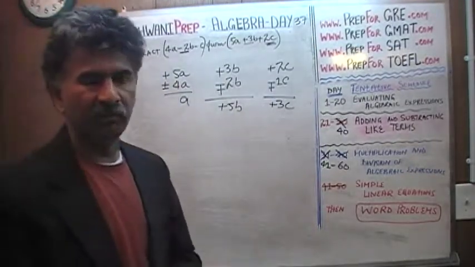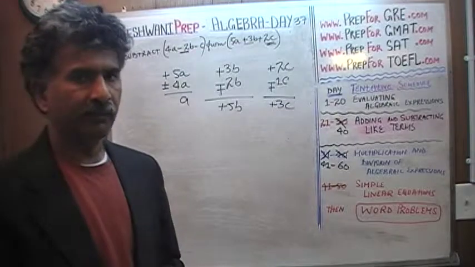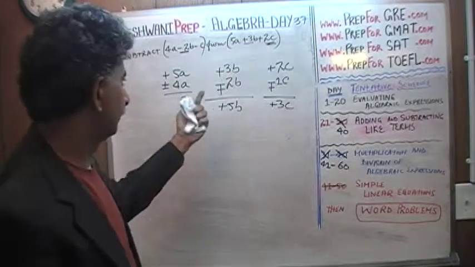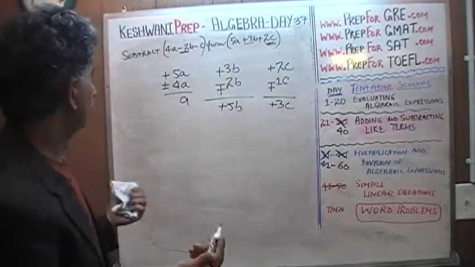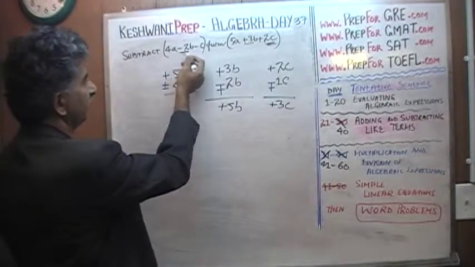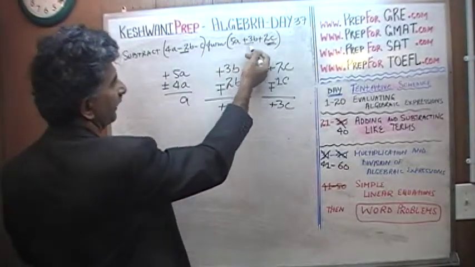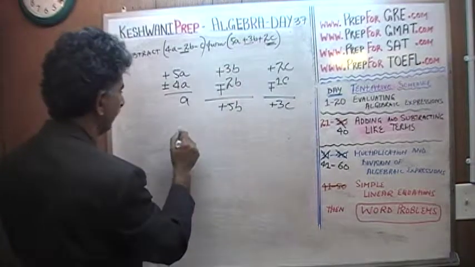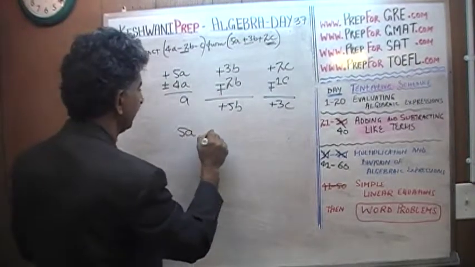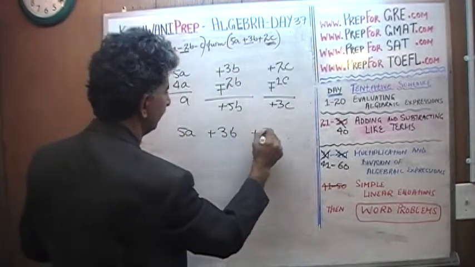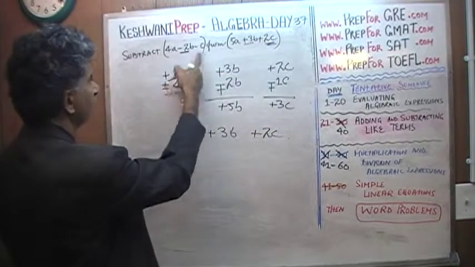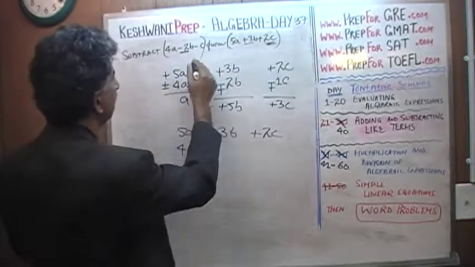But without showing all the baby steps in it. We're just going to do it together in a grown-up method instead of doing it in a childish way like we did here. So what we do is, whatever expression that we're subtracting from whatever it is, we write that expression first, obviously, that goes on the top. So we have our 5a plus 3b plus 2c, and then underneath we write this expression, 4a minus 2b